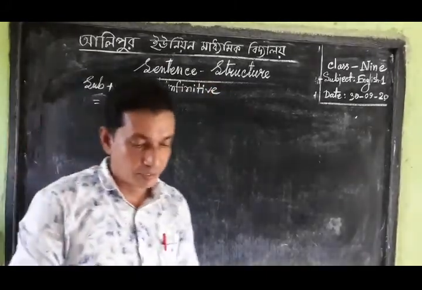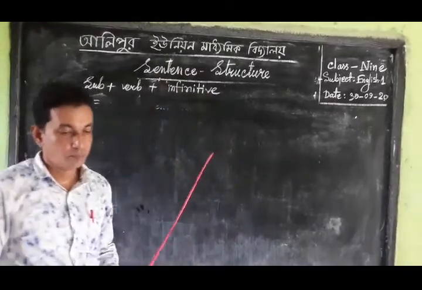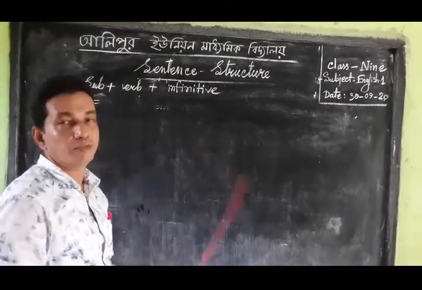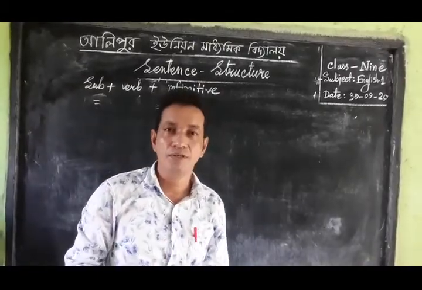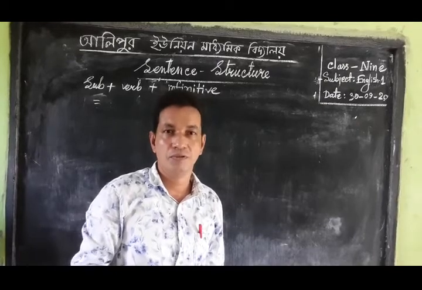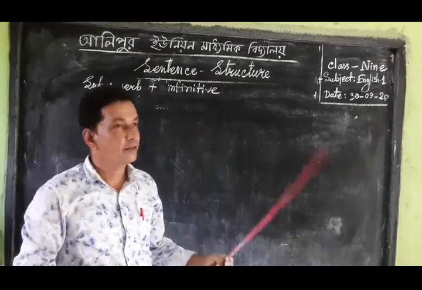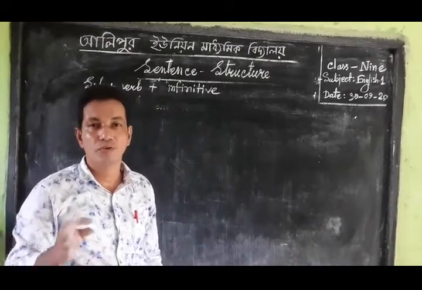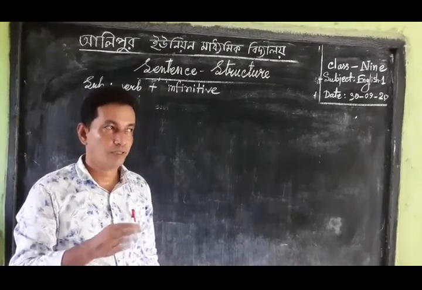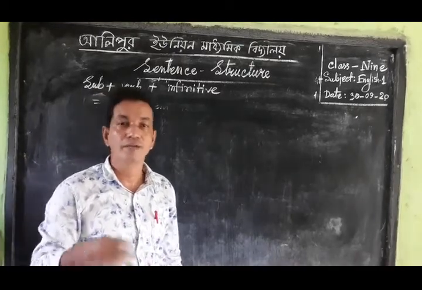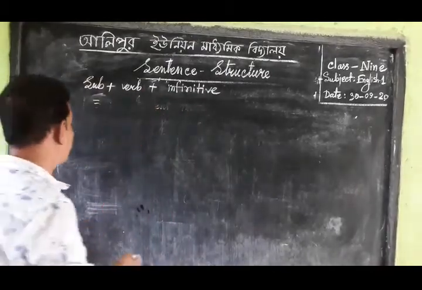Subject, verb, infinitive. Infinitive means non-finite verb, because infinitive, gerund, and participle are non-finite verbs and verbal groups. The form of the infinitive is to plus verb, because if we write to before the verb, then it is called an infinitive. And I am now going to give an example of using the infinitive, such as